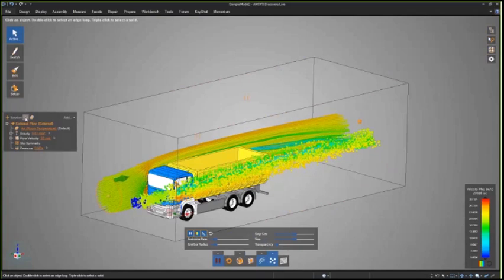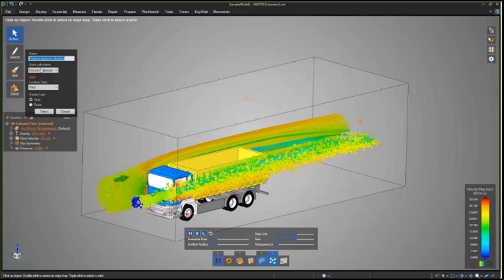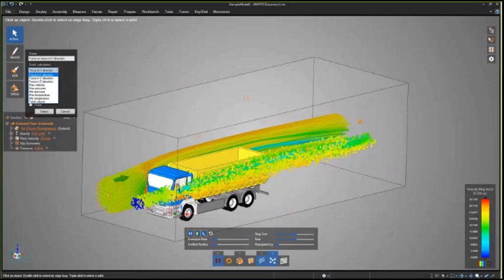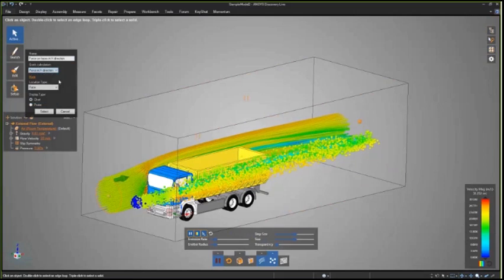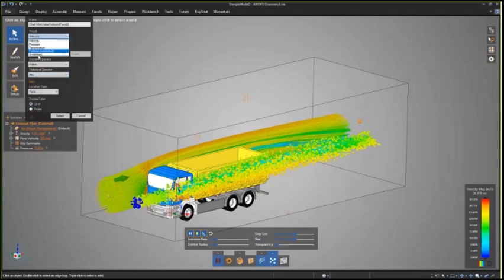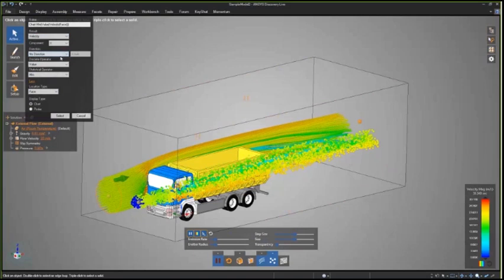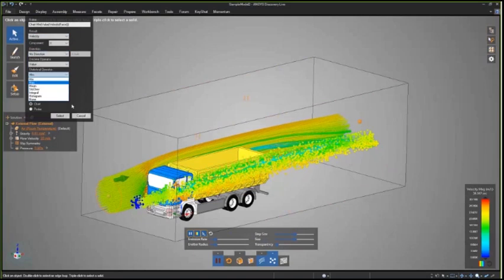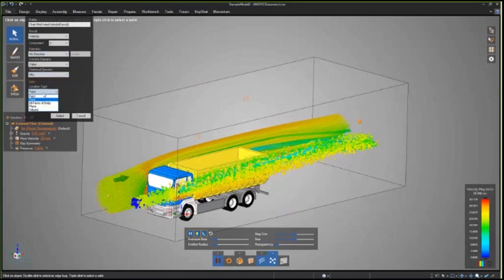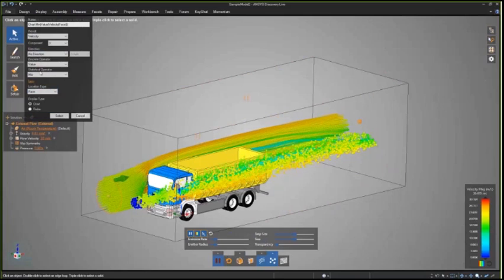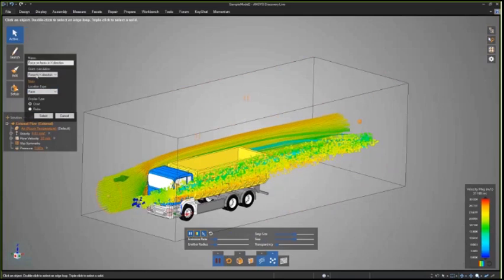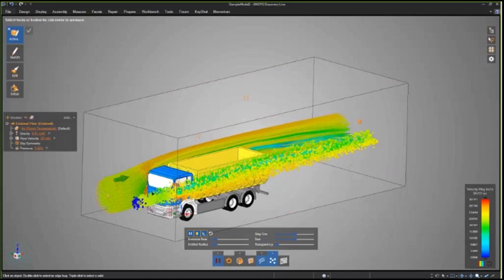There's also numerics. The same type of charts can be set up. By the way, you'll see the standard basic charts here. If you need something more advanced, just click more, and then you can really pick from a lot of different types of operators and what you're measuring off of, like a face or a point. But here, if I'm just concerned with, say, the total force in the X direction, which is this way, I can go ahead and